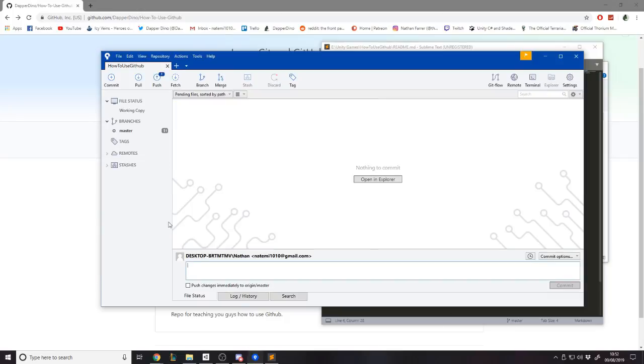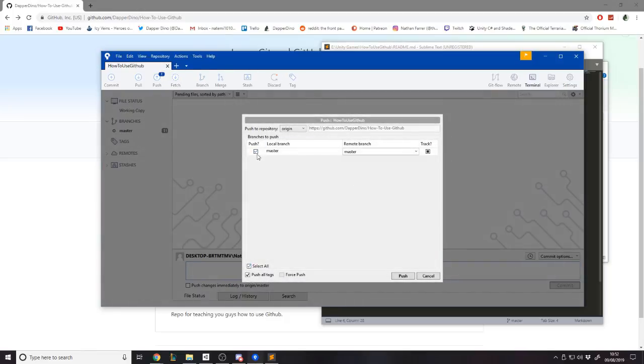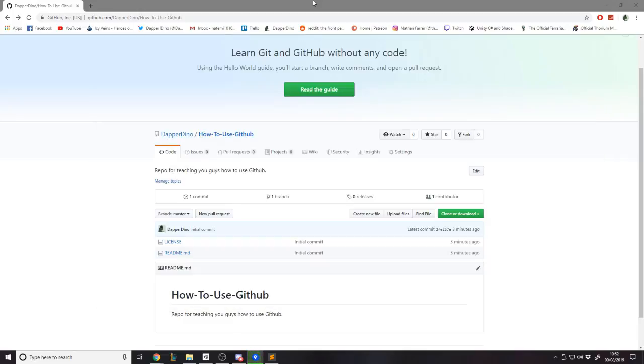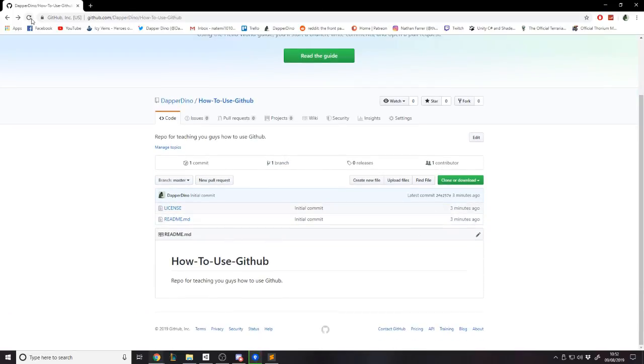Now those changes are saved on my computer, right? That's saved as a commit, all those changes. But I want to push them to be online rather than just locally saved. So I'm going to say push and make sure master's checked. And push. And then now if we go up here, we see obviously it's 3 minutes ago. If I refresh